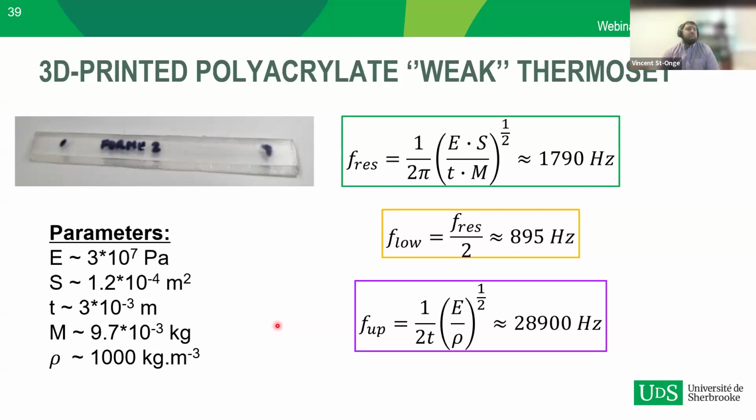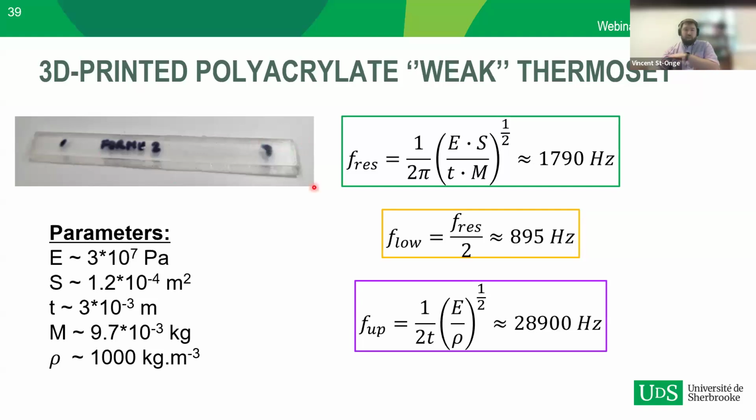We also use the instrument for teaching purposes. So we had the students in the lab replacing a typical polyacrylate 3D printing resin by a biosourced, still a polyacrylate, resin that would give something that would be labeled as a weak thermosetting resin. So the glass transition temperature would be higher than room temperature, but the sample would have relatively soft or weak mechanical properties. So again, this is the kind of sample that the student printed.